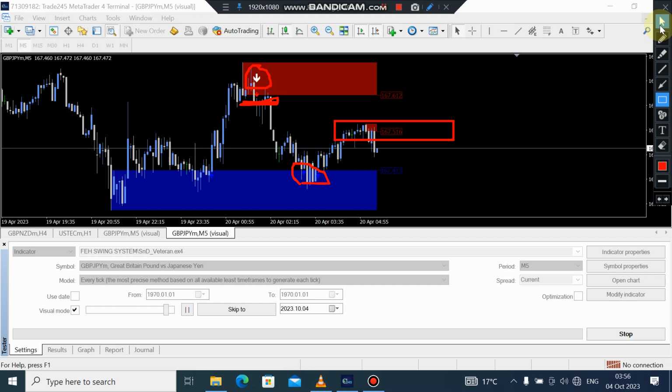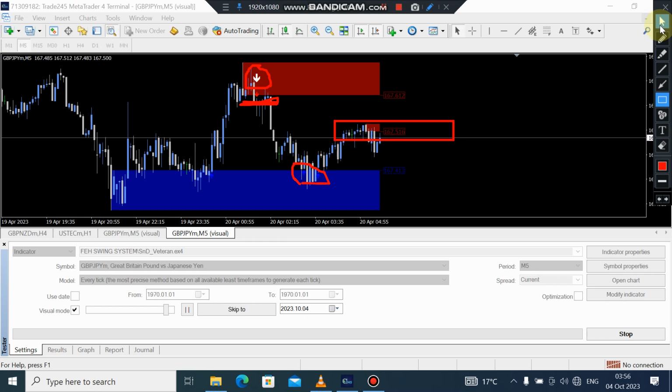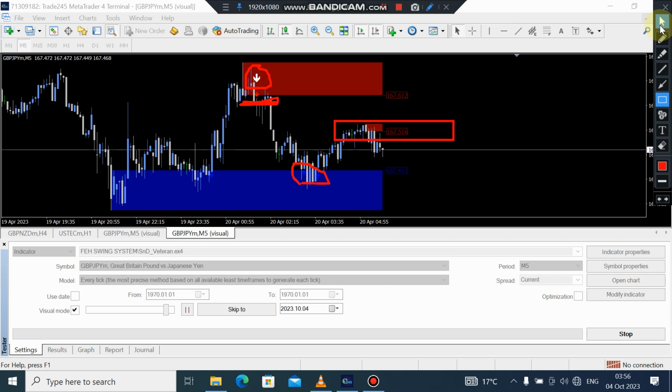Okay, you see that supply is very strong. The sellers are active in that supply zone. As you know, this is a zone to zone strategy. The sellers are active in that zone, but we have not yet gotten